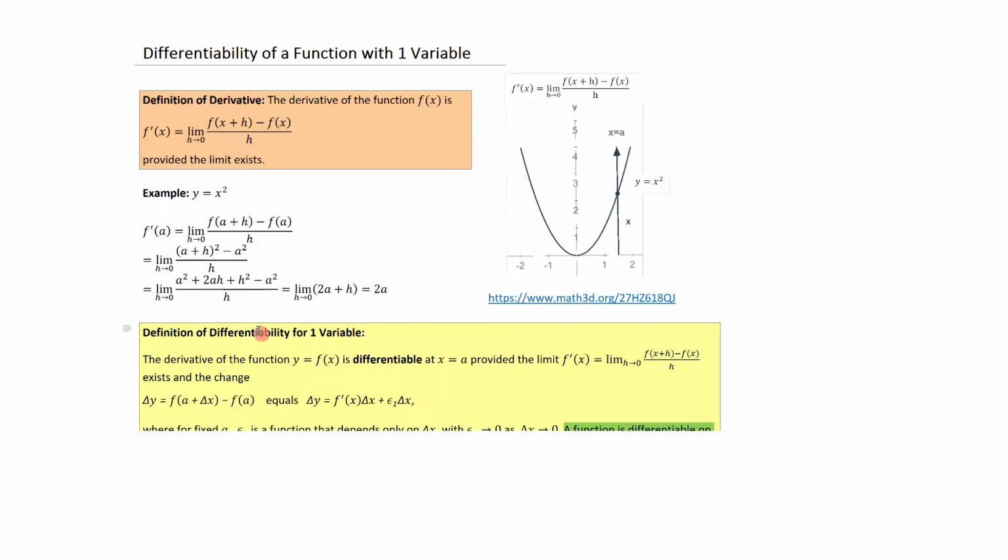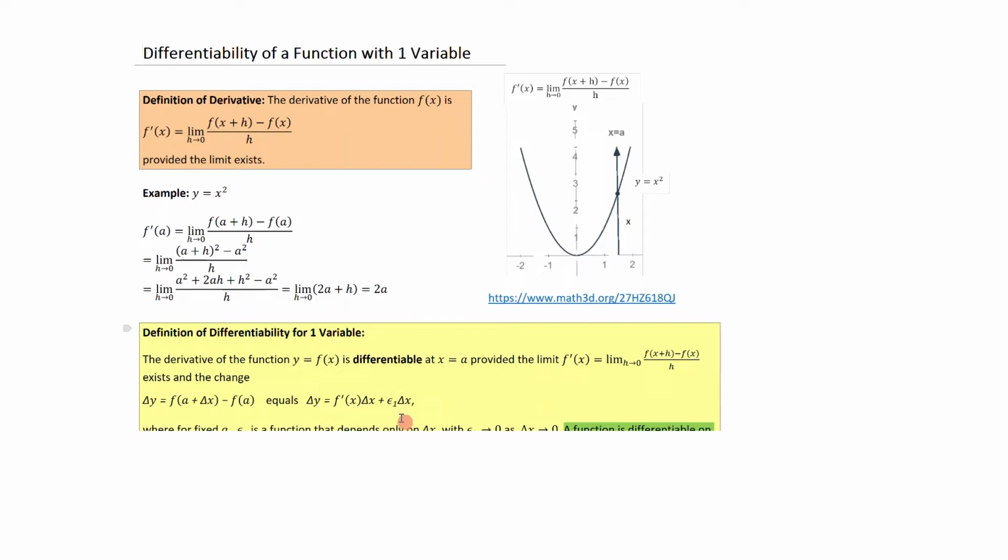So the definition of differentiability for one variable basically is stated here. And it's as follows: the function y equals f of x is differentiable at x equals a, provided the limit f prime x, which is this limiting process, exists, and the change delta y, which is just f evaluated at a plus delta x minus f of a, is equal to f prime x